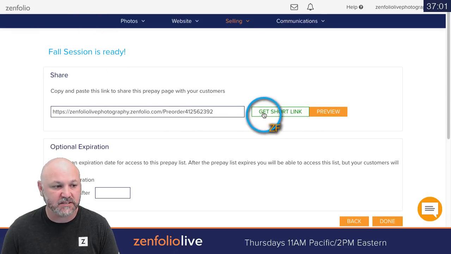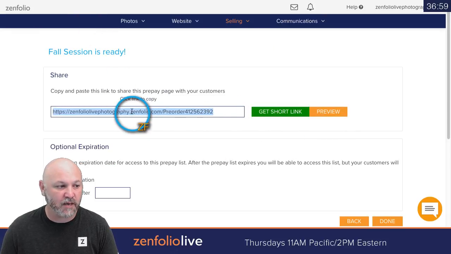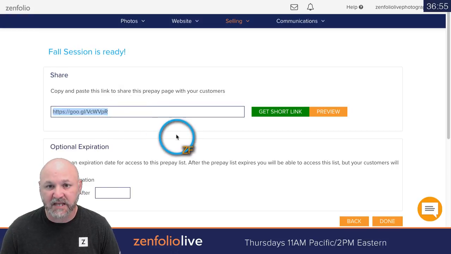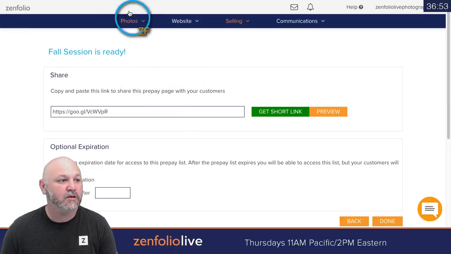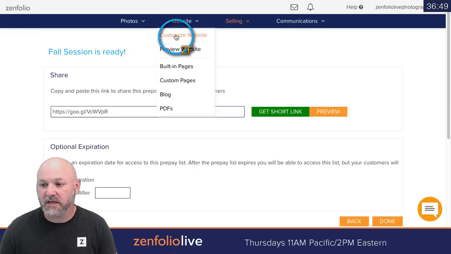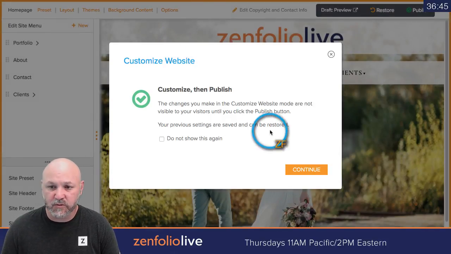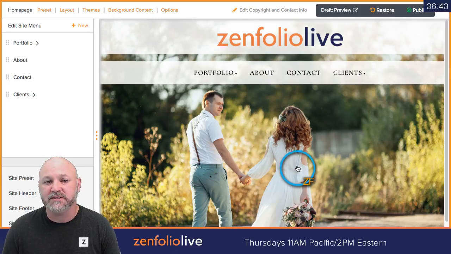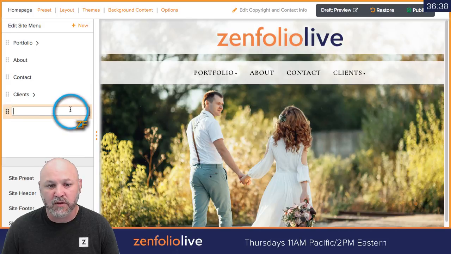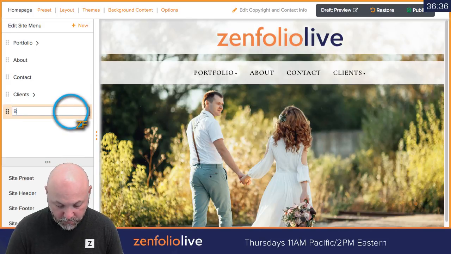So let me just get this link right here. We're just going to copy this link, and then you can take this and put it in your Zenfolio site menu. So if we go to Customize View really quick, I'm just going to go to Customize Website. And then what we're going to do is we're just going to add this to our site menu. So we'll go up here, Edit Site Menu, click Add New, and let's say buy